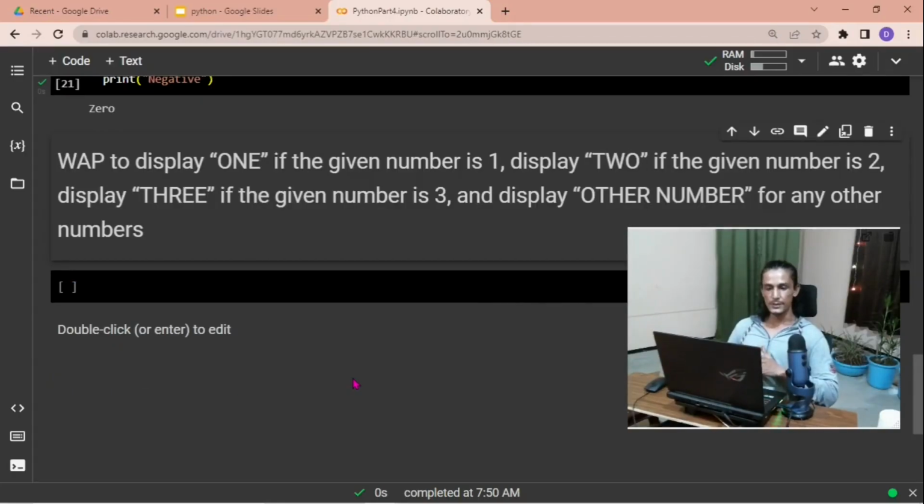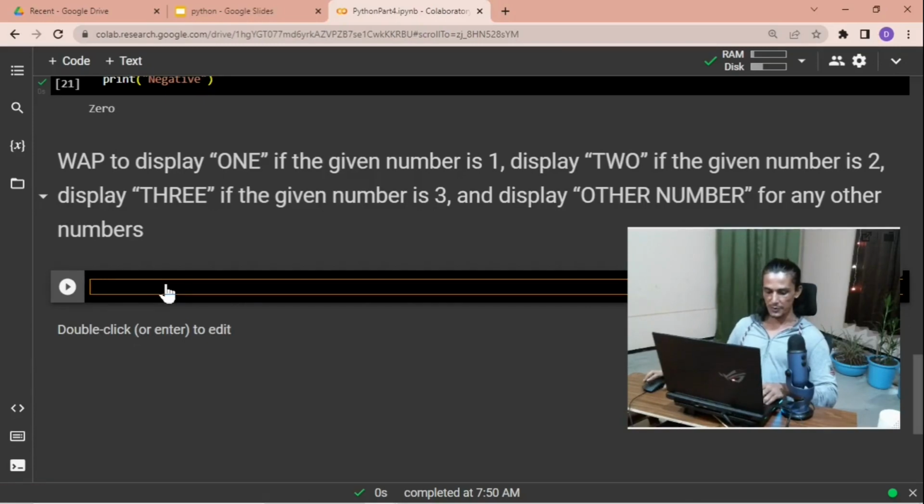Okay, let's try this one. Write a program to display 1 if the given number is 1, display 2 if the given number is 2, display 3 if the given number is 3, and display other number for any other numbers. Clear? Understood? Okay, then let's write the program. We'll be using here this time elif option. Okay, certainly you can write independent if blocks, you can use nested if else statement, and here we'll be using